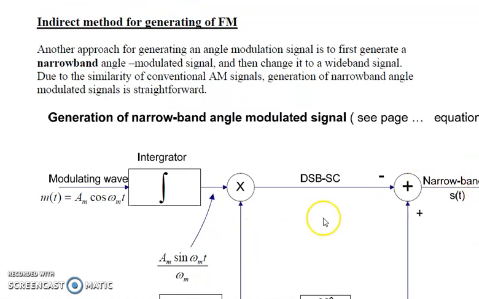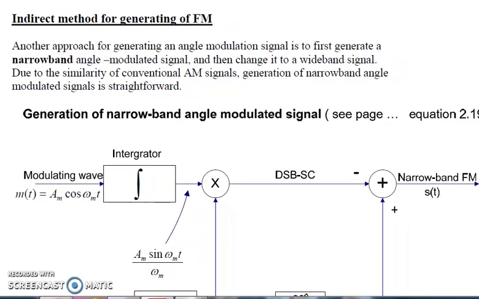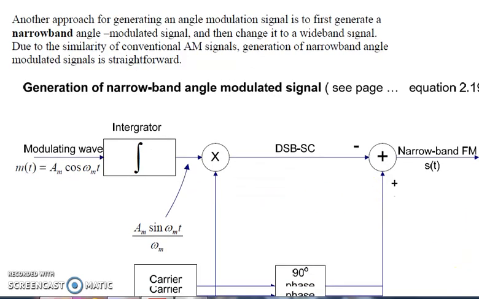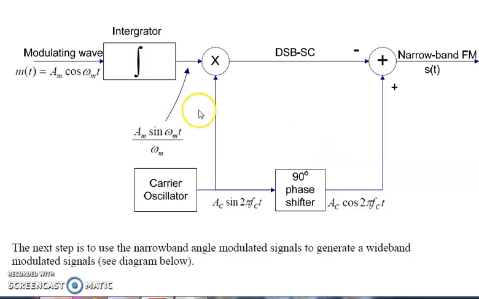So watch this block diagram. See here. This is the modulating wave. This modulating wave is going to the FM generation, where we have earlier read two types of generation from the message signal. If we are using the integrator circuit, then we have the FM modulated signal. Okay, let me take the complete diagram. This is the complete diagram.